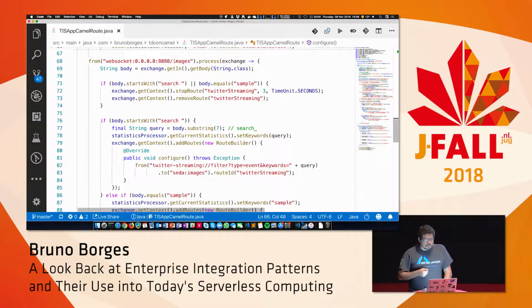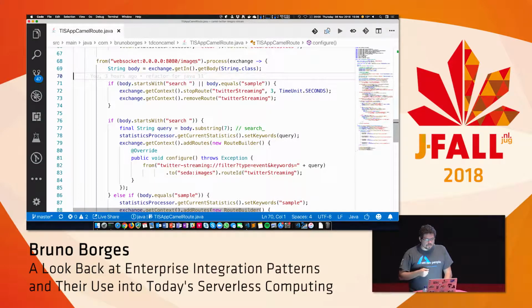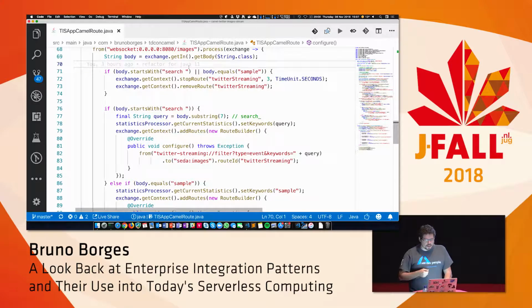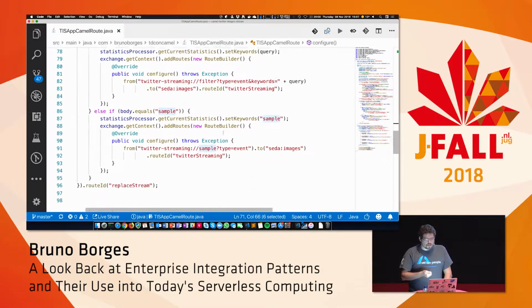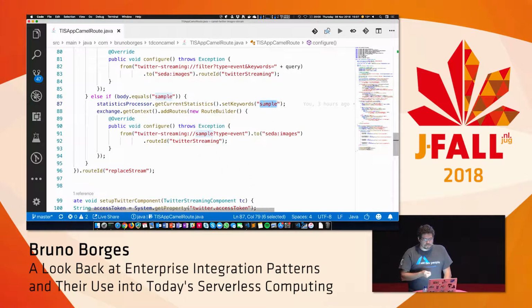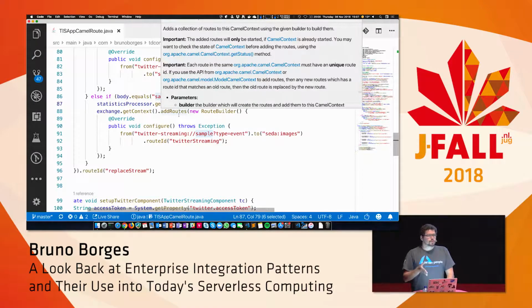But finally, images is just an entry point where I can send a text that says search or sample. If I send search, I'm going to start searching for another keyword on the Twitter API. If I send sample, I'm going to change and just use the sample stream that Twitter has publicly available. So this is what this Camel project will do.